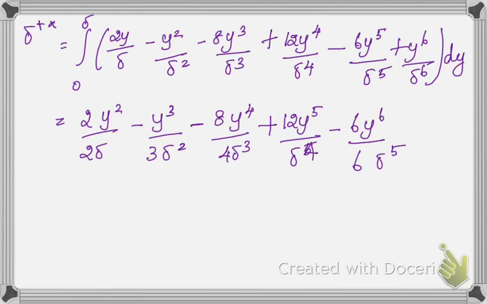See, I have committed one mistake: y power 5 means here I have to put n plus 1. So likewise somewhere else we will be committing a mistake. So we have to be very careful in doing this type of calculation. Plus y power 7 by 7 del power 6 into 0 to del,